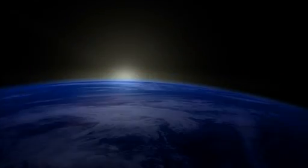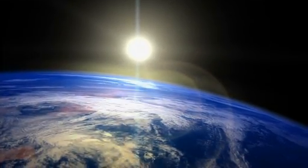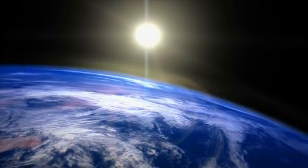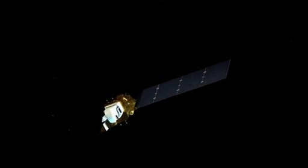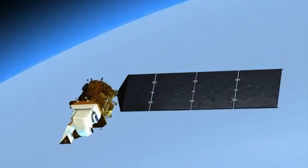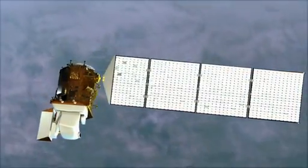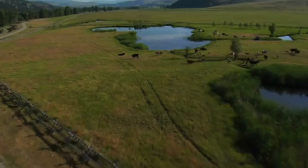NASA and the USGS are preparing a new satellite, the Landsat Data Continuity Mission, called LDCM. Landsat satellites have been orbiting Earth since 1972, taking scientific measurements of land cover and land use. LDCM is the 8th Landsat satellite and will continue the world's longest global data record of changes of the Earth's land surfaces. LDCM data will also play a critical role in monitoring, understanding, and managing the world's forests, agriculture, and